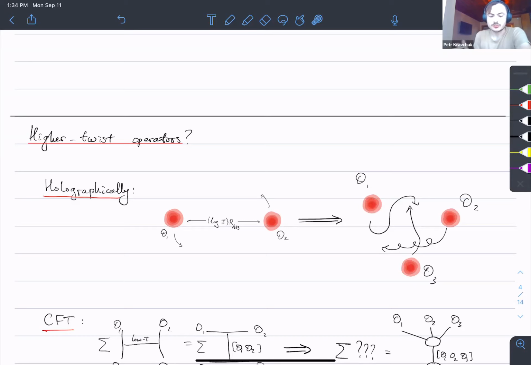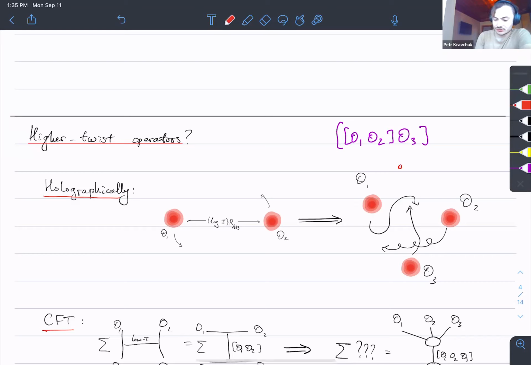Of course, if you're anything like me, you might be scared of three body problems because they can fly around in very complicated chaotic patterns. But you could also guess that if you take operators which look like O1, O2, and then we take a double twist with O3,